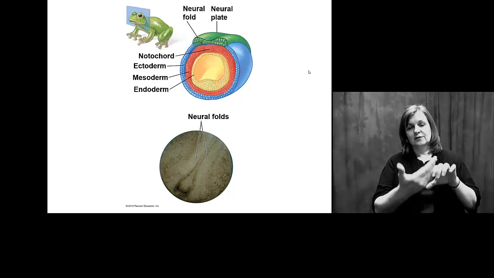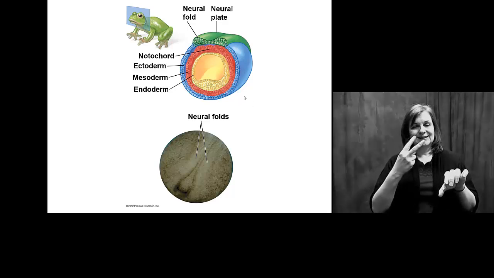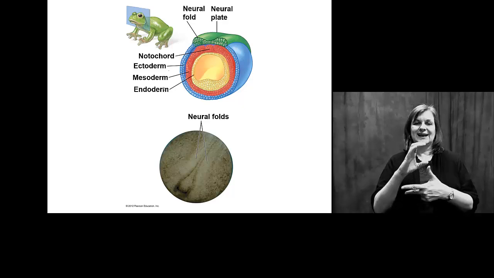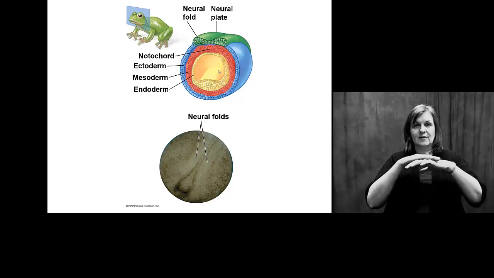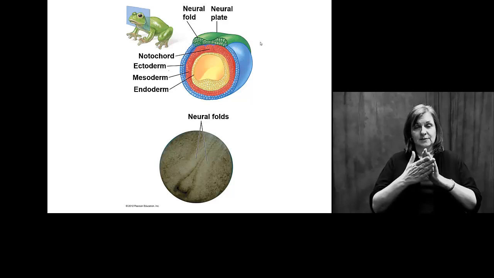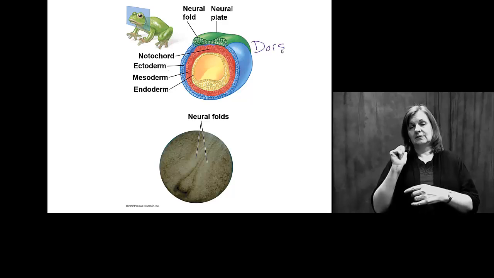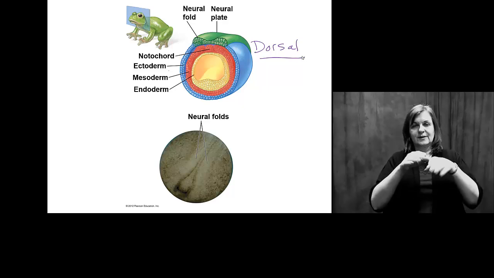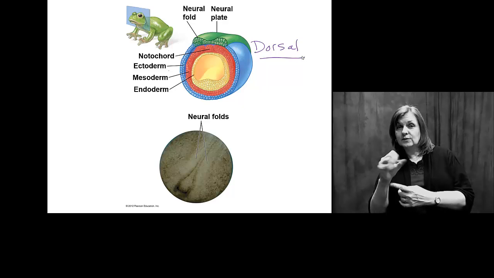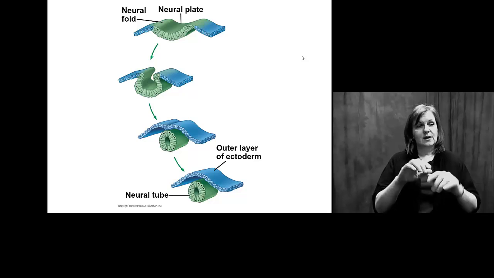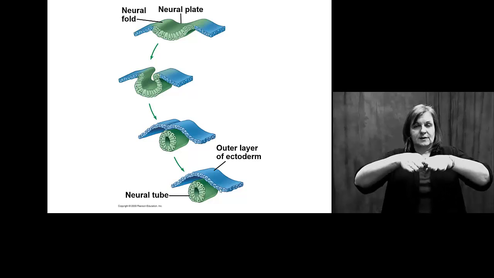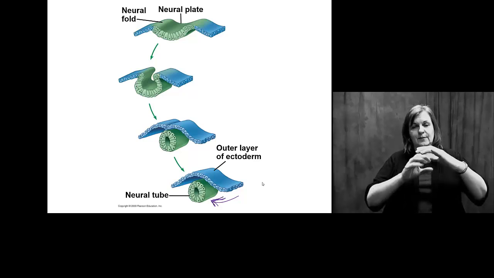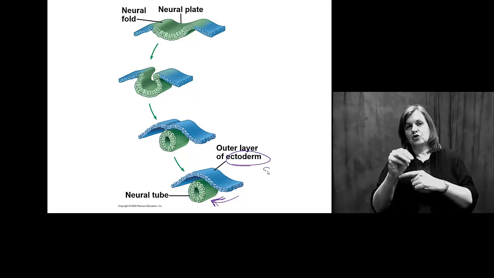In the cross-section of our frog here, we see the familiar endo, meso, and ectoderms, and then associated with what will become, in you and the frog, the dorsal side of the individual, the neural folds and neural plate are forming. Now this folds in and actually produces your nervous system on the inside with a layer of ectoderm or